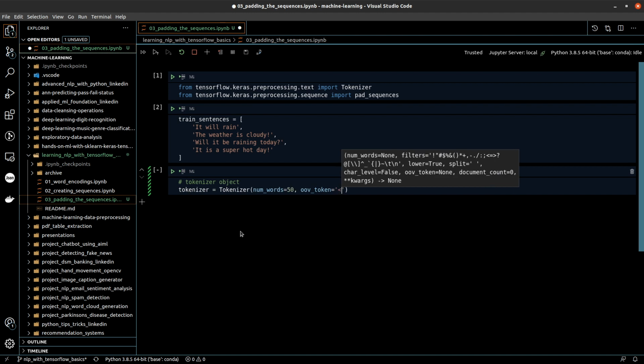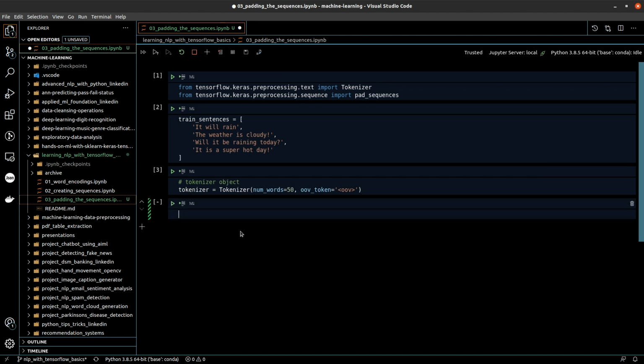Let's use the same token that we used last time, OOV, inside angle brackets. Then let's use the fit_on_texts function to train the tokenizer on the training sentences.